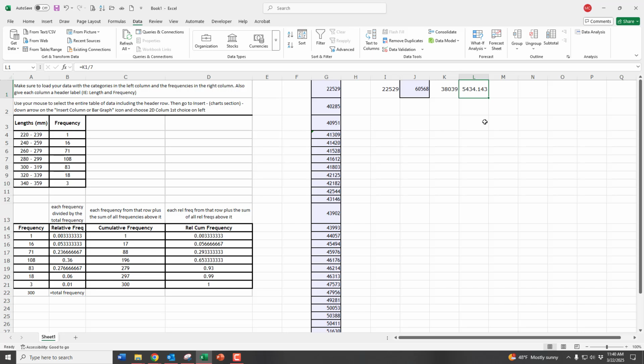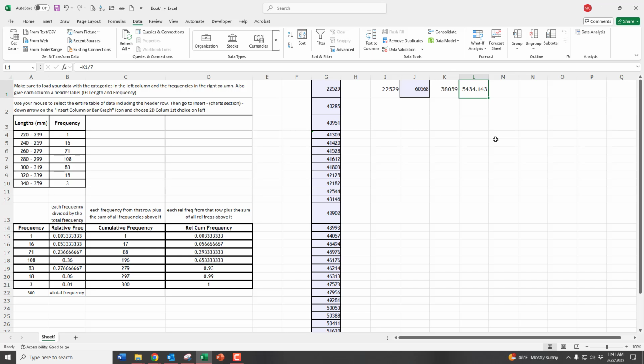So if your number comes out, like let's say we just happen to have a range of our data that was perfectly divisible by 7, so this number came out to exactly 5,434, we would still have to round that up one more to 5,435. And the reason why we have to do that is because our starting class that's going to capture our